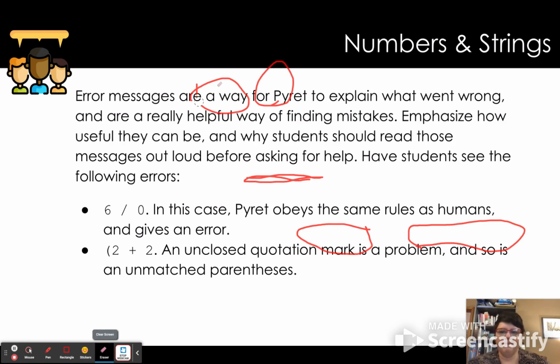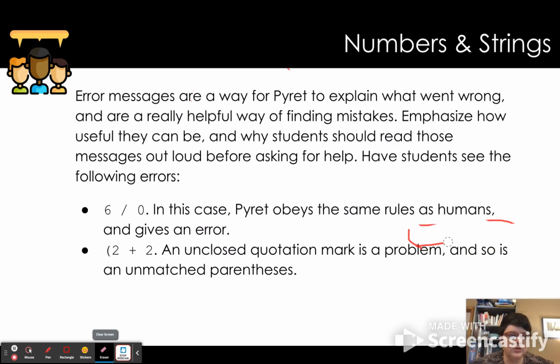Sorry. All right. So I really liked Pyret because of the error messages. It was really nice that it highlighted where I needed to look so that I could fix the problem. And it's just part of learning, right? The easier you can see what you did wrong, the better off you'll be in the long run to correct those errors. So if you look at this slide,